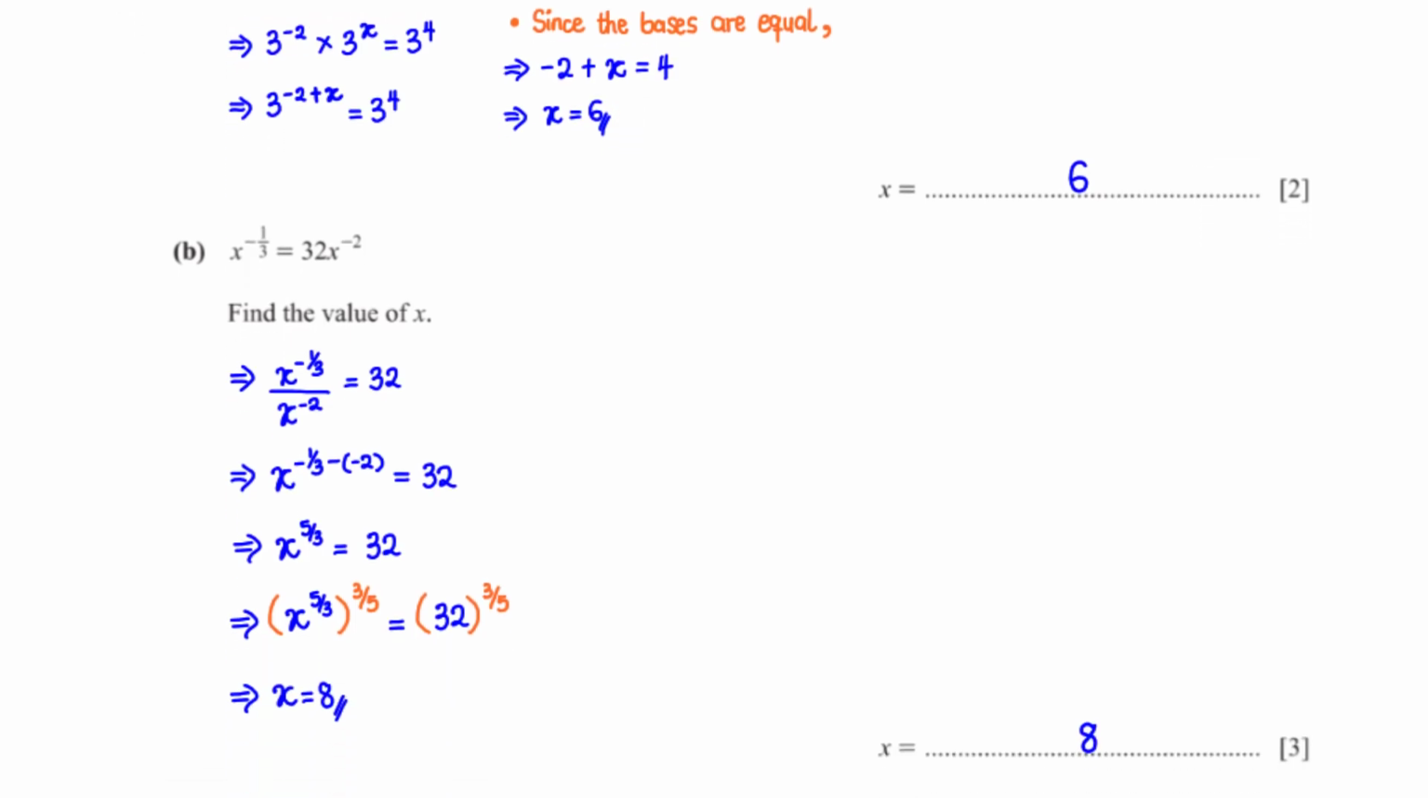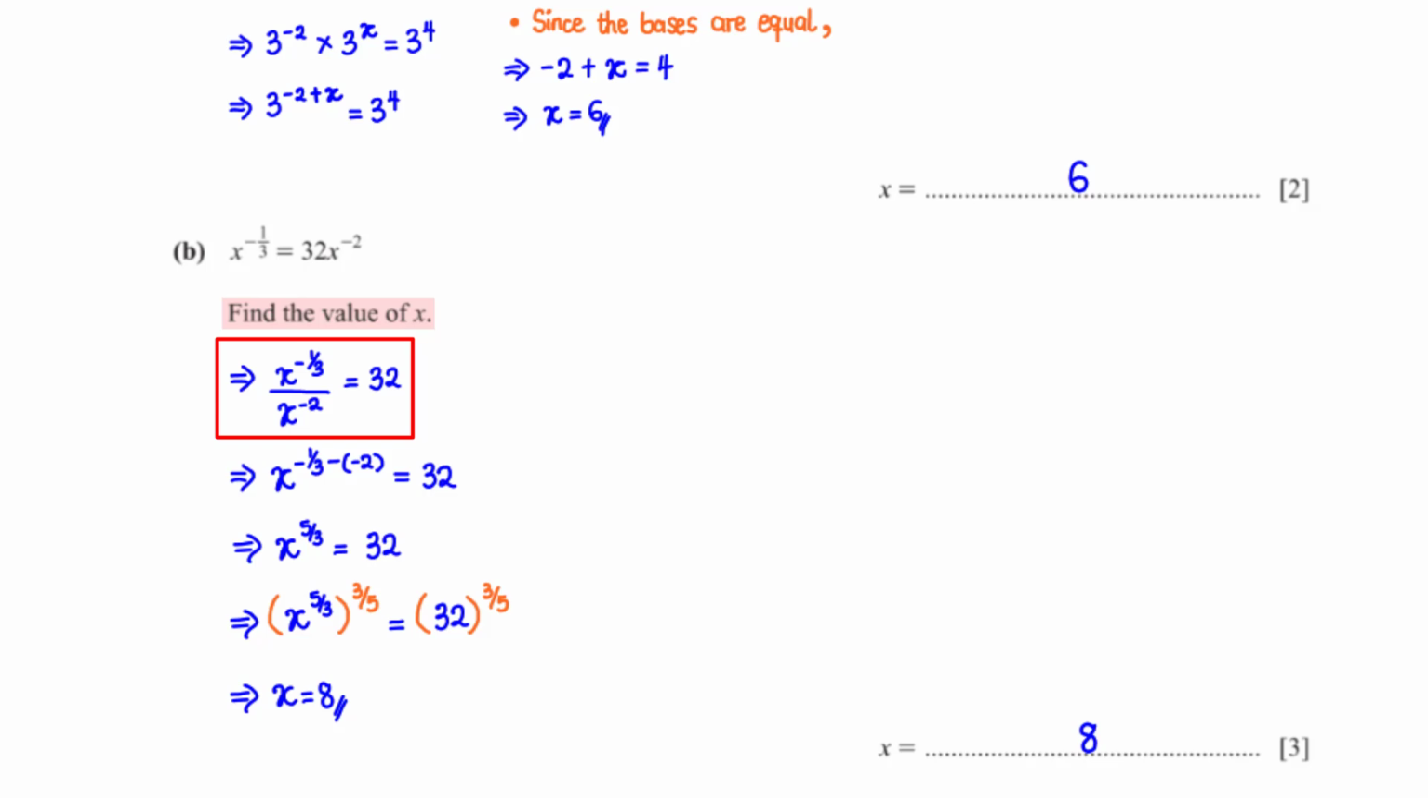x raised to the power negative 1 over 3 equals 32x raised to the power negative 2. Find the value of x. When we divide both sides of the equation by x raised to the power negative 2, this is what we have. By applying the laws of indices, we can rewrite x raised to the power negative 1 over 3 divided